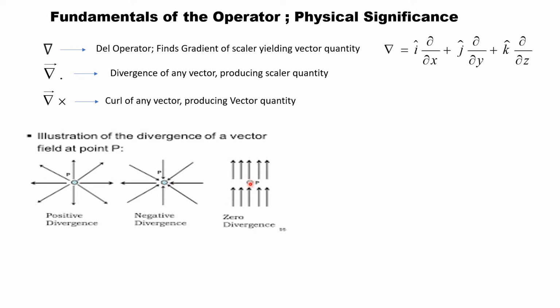Here at a particular point, the same number of field lines that emanate are also converging, so the resultant sum is 0. We can term it a zero divergence. Positive divergence means the local measure of outgoingness is positive. And if it is converging, that is a negative divergence. Such a point acts as a sink.